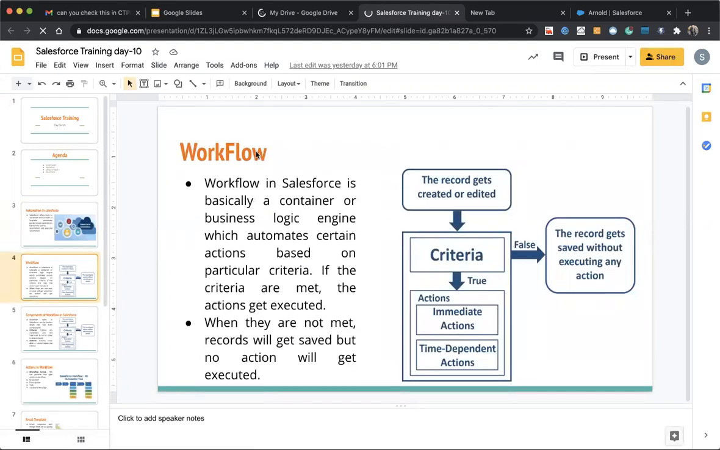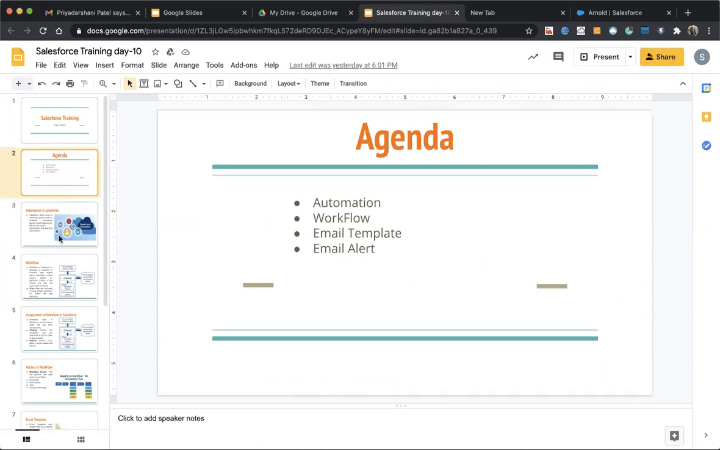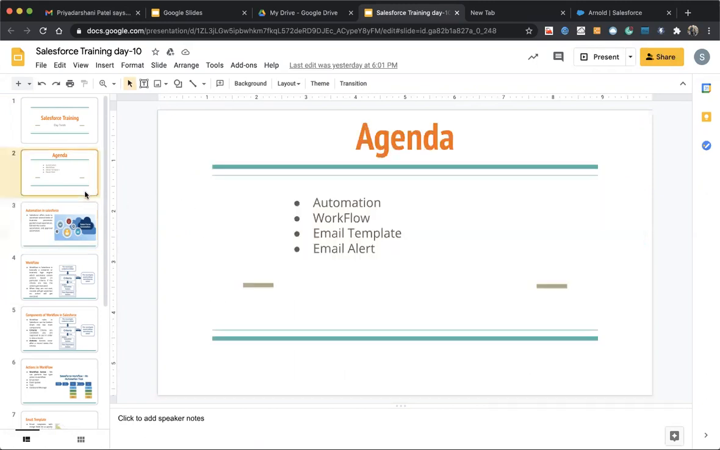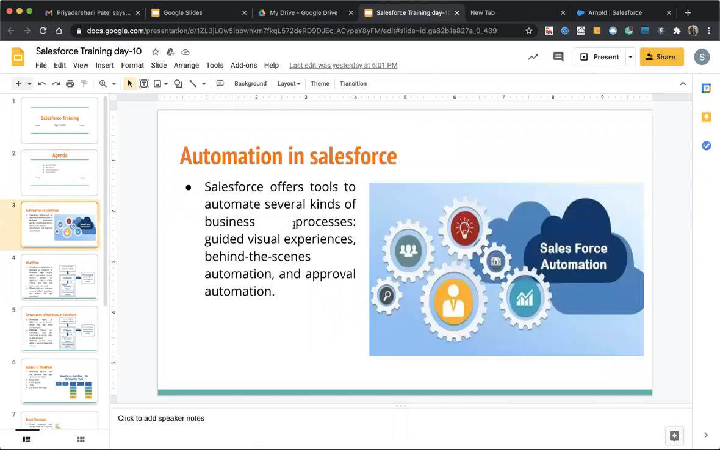So yeah, in the automation of Salesforce, we have workflows and process builders. In the automation of Salesforce, we have workflows, process builders, approval processes, and flows. These things come under the automation. Means we have workflows, process builders, and flows. These three things come under the